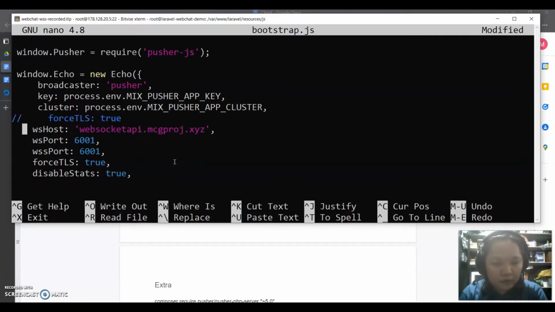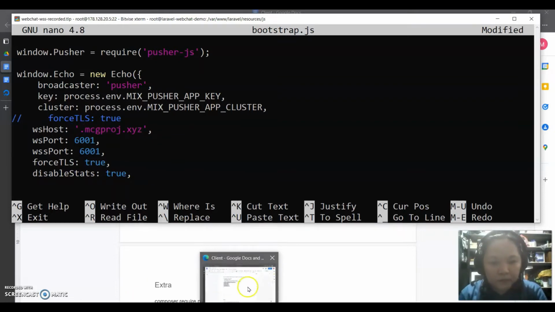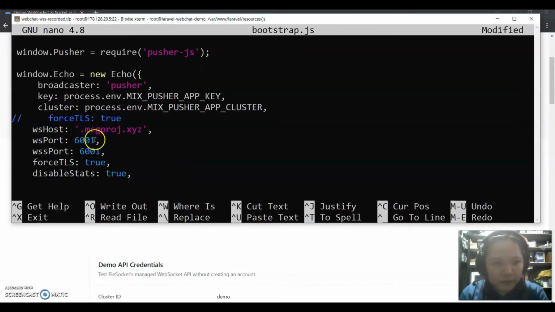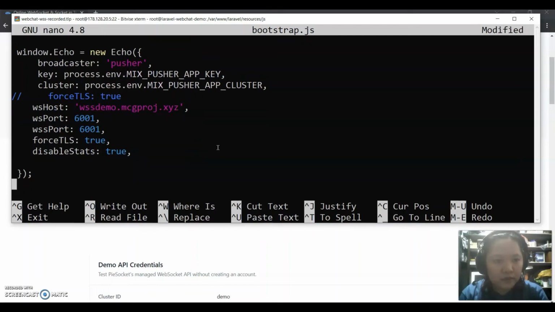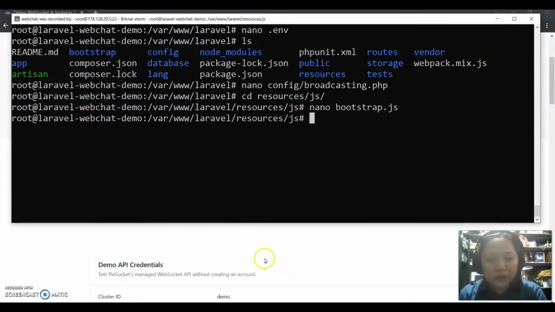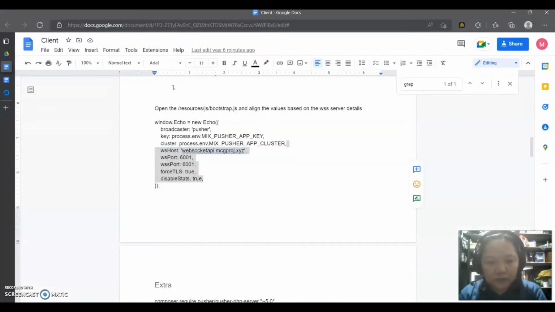So we have WS host that should be pointing to our server here, WSS demo, and we paste it here. Alright, 6001 first TLS disable stats. Okay, let's save. Alright, and then going back to our guide,